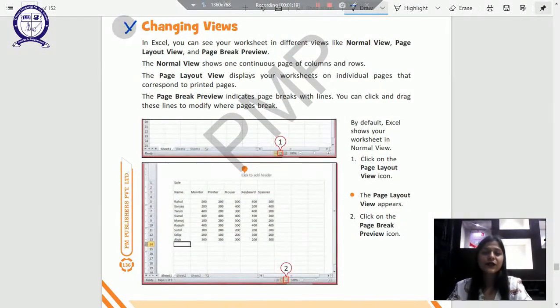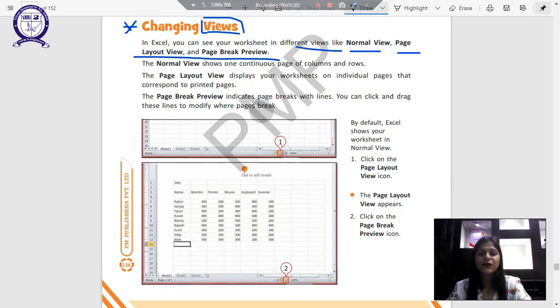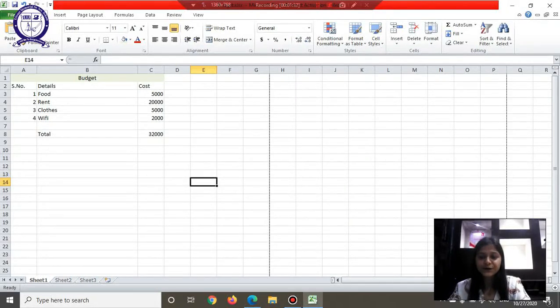So, changing views. Views means the way our file is being displayed to us. You can see your worksheet in different views like Normal view, Page Layout view, and Page Break view. We have a Normal view here, which is the default one.